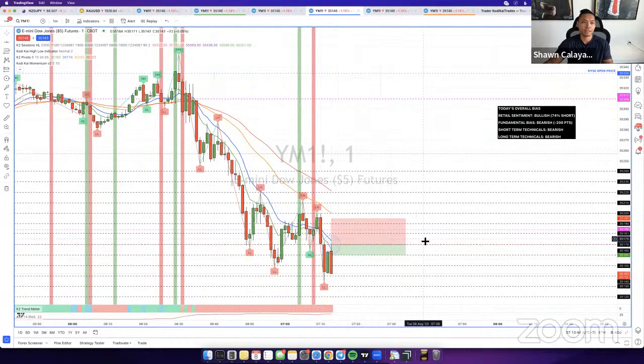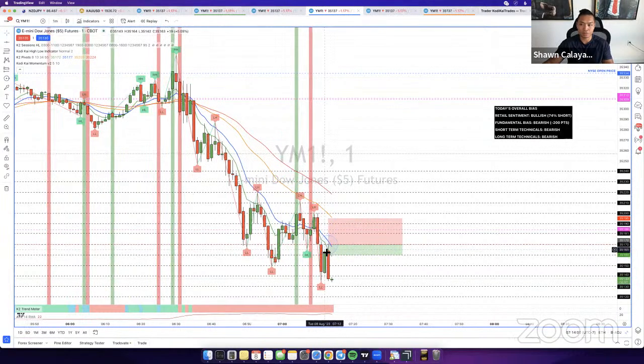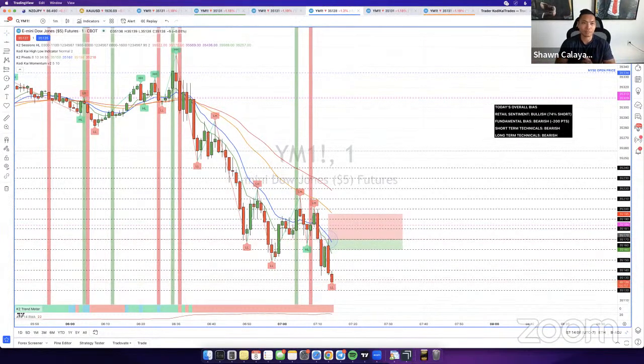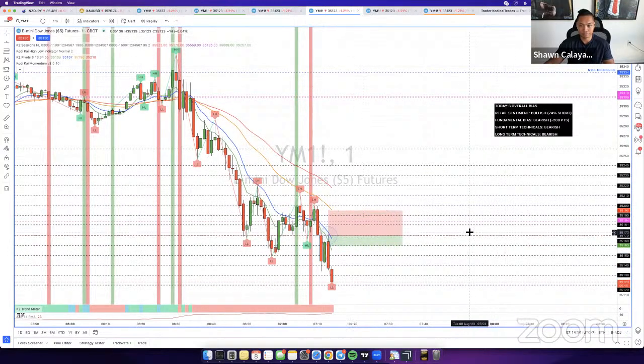So F me. No, I'm just kidding. It's all good. That sucks because this would have been a perfect entry. This lined up like textbook, right? We had the sell signal here, price came down, retraced up to this point, entry would have happened right here. I was trying to enter right here, but then the candle pushed up too high. And the problem here is that I was trying to set my multiple grouped orders, and I missed the entire move. But it did hit perfect. You can see right there, it literally came up, triggered the order, and went straight to TP.